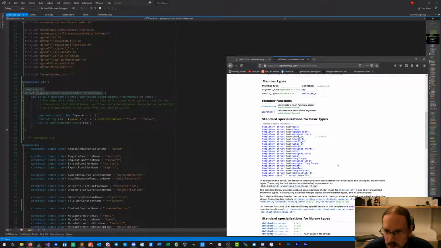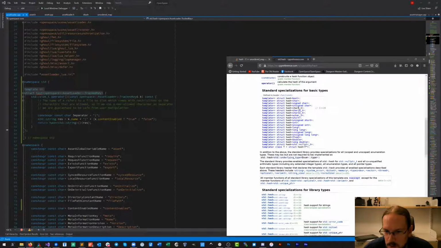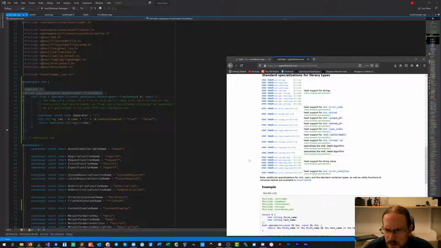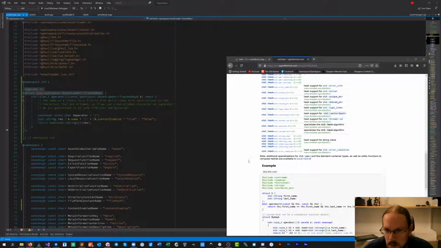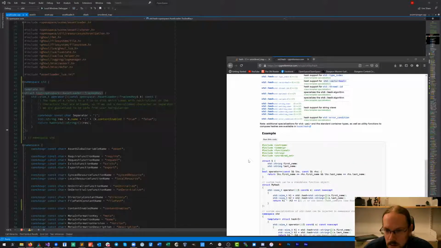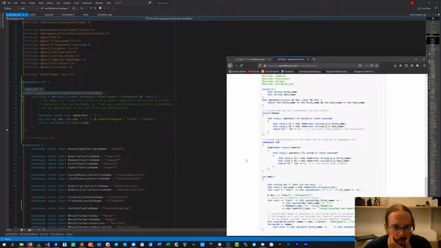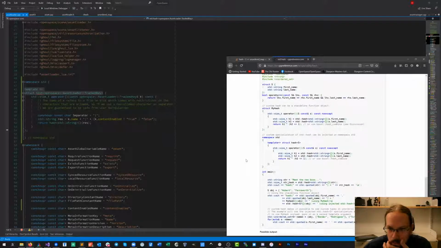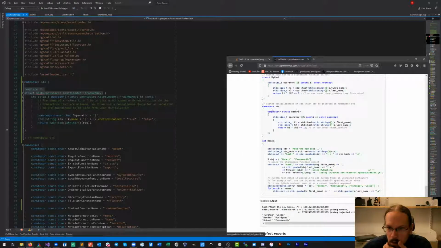It seems like hash should know something about pairs. This is exactly what we did.